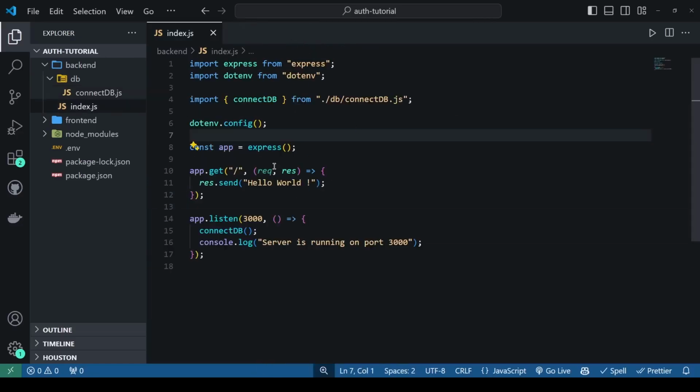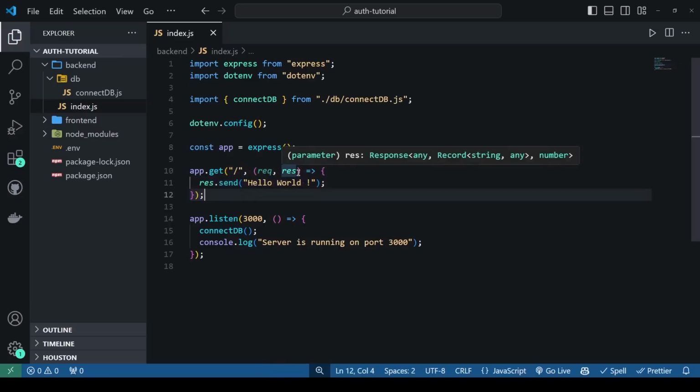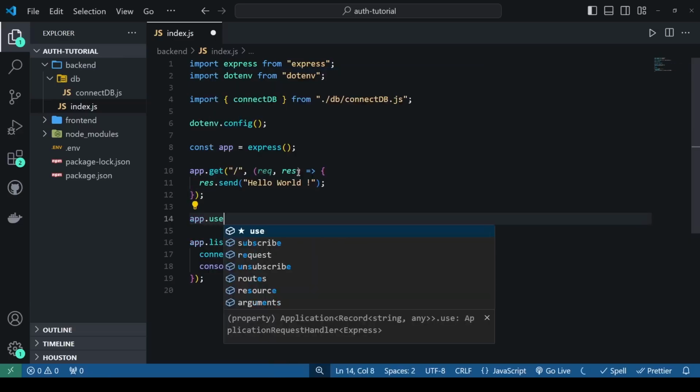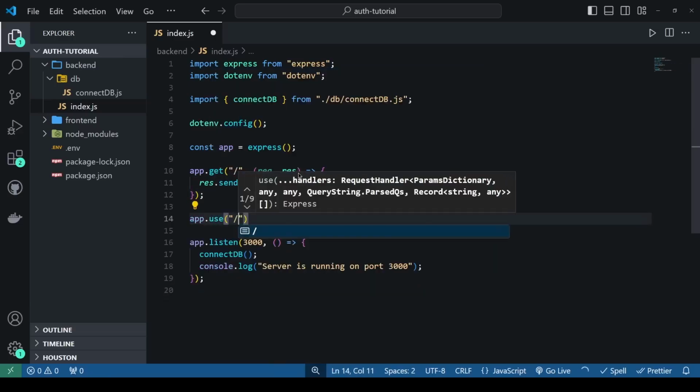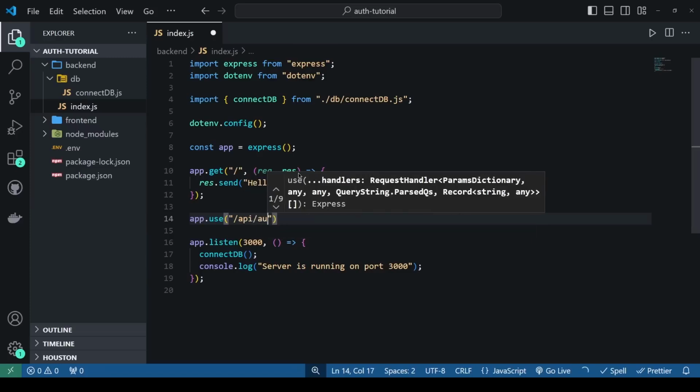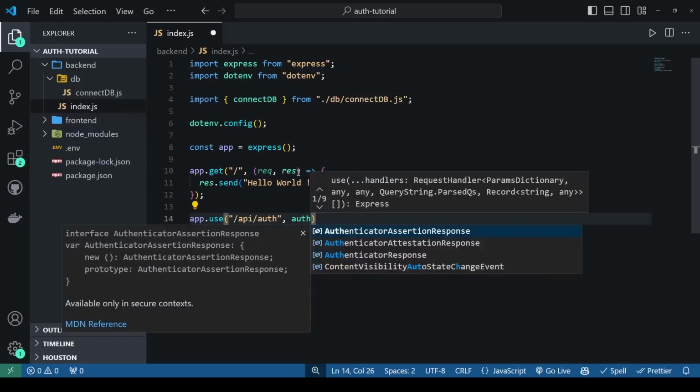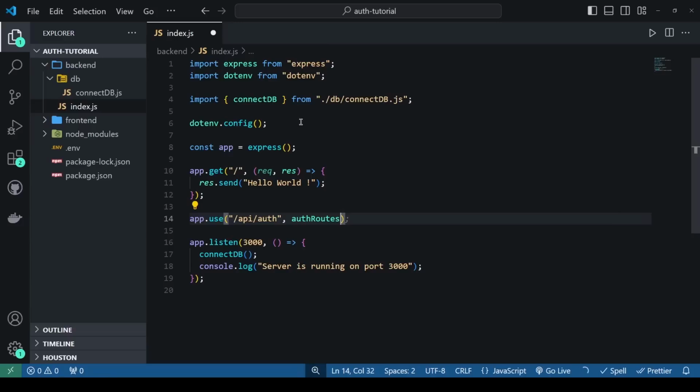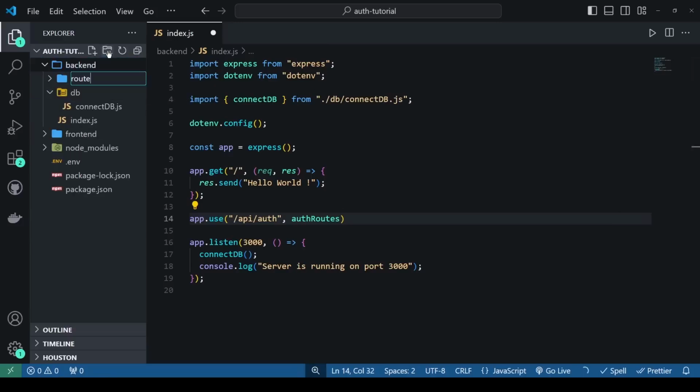I think the next step would be to create the authentication routes. So let's just handle that as well. Instead of just a hello page, let's create a route. So I'll just say app.use and let's say /api/auth, and in this case we'd like to just see the auth routes, which is going to be a file that we'll create. So let's go under the backend, first create a routes folder, and here I'll just say